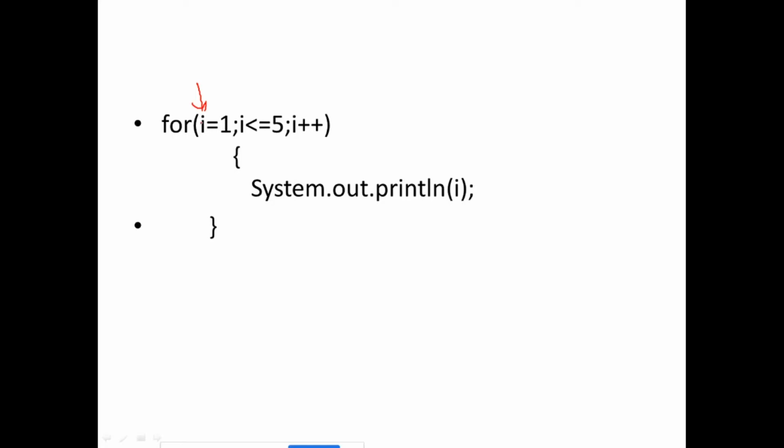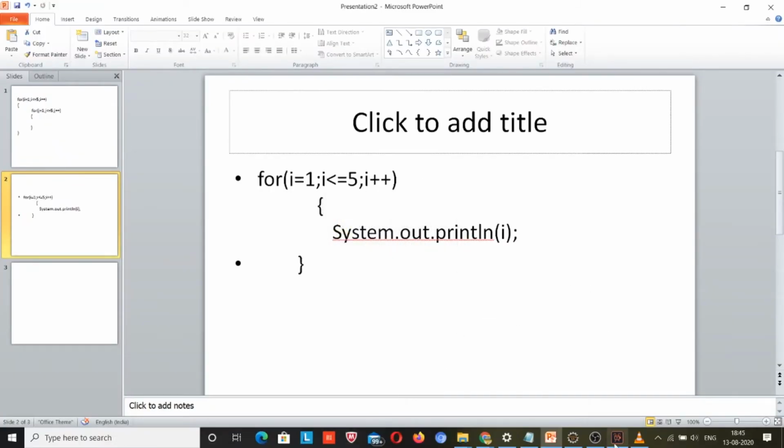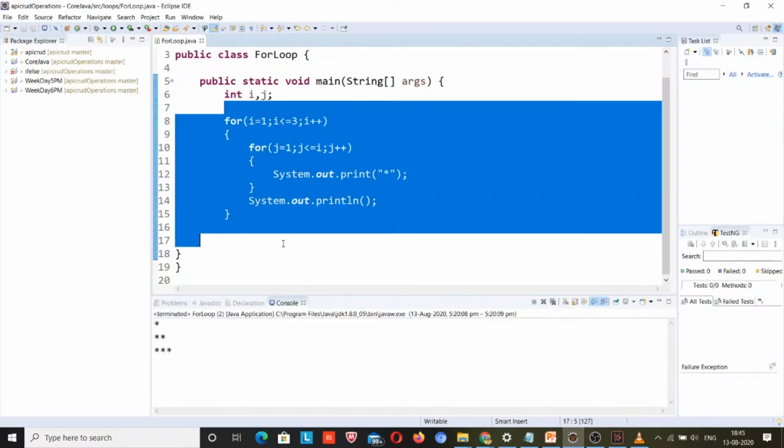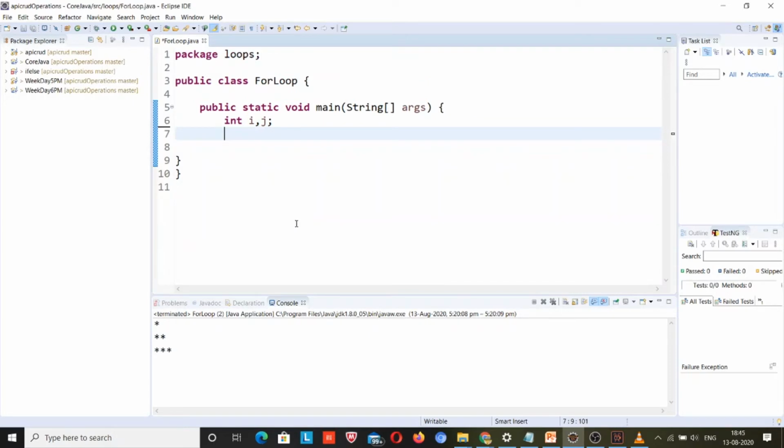Okay, so I will go back to the Eclipse IDE and show you how this code works, right? Let me remove this code.